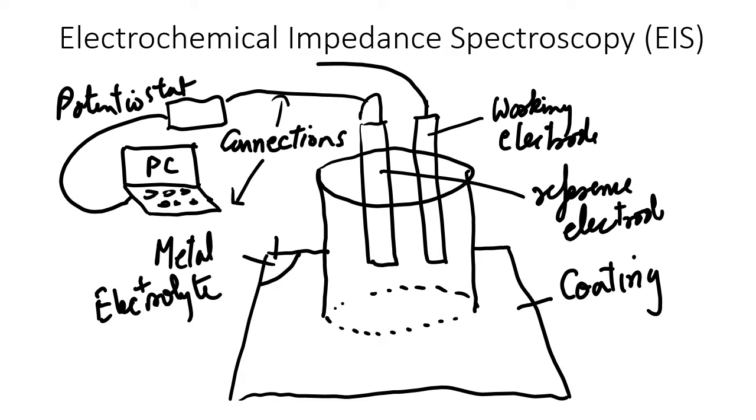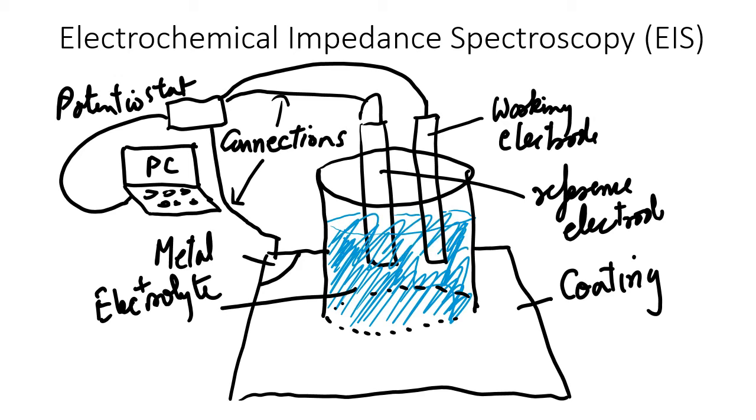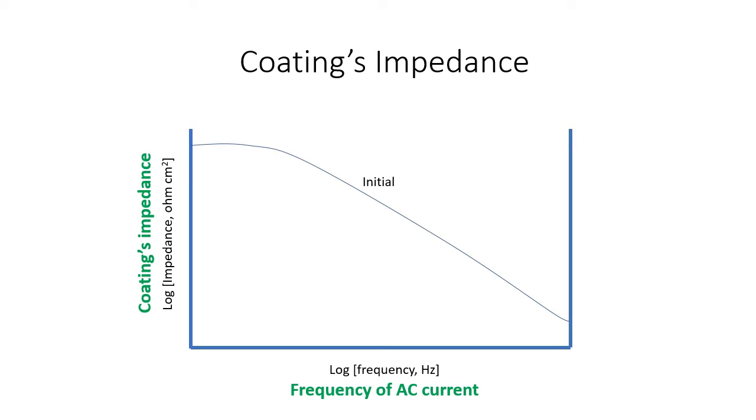But how do we know the coating is really intact, that it has not absorbed too much moisture into it? Well, we can actually prove it by calculating the impedance of the coating through an instrument called electrochemical impedance spectroscopy. So as the coating absorbs moisture, its impedance goes down, and if the moisture or the water molecule is able to reach the surface of the metal through the coating, then the impedance drops down significantly and the coating behaves almost as a conductor. So by calculating the impedance, we can prove that the coating has not absorbed too much